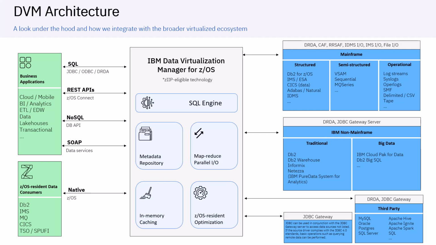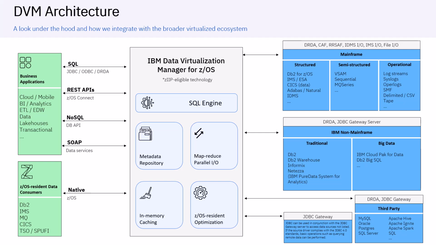Some of the basic components within the server, number one is our SQL engine, which allows you to do the virtualization and conversion of the various data sources. The metadata repository resides in memory within the DVM server. The metadata repository contains the mapping criteria in order to convert the SQL calls that you submit against the various data sources into the native underlying data source access method. Essentially, we map a COBOL copybook to the underlying data structure, allowing it to have a virtual, or relational rather, type of structure, look and feel